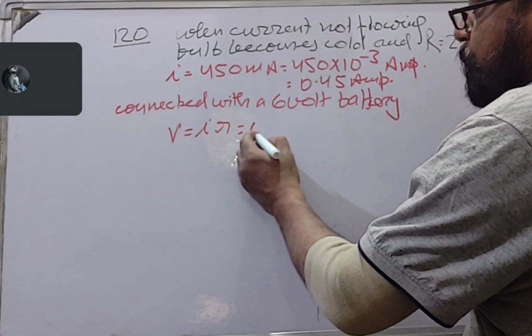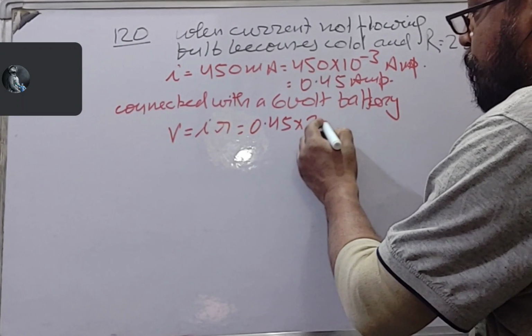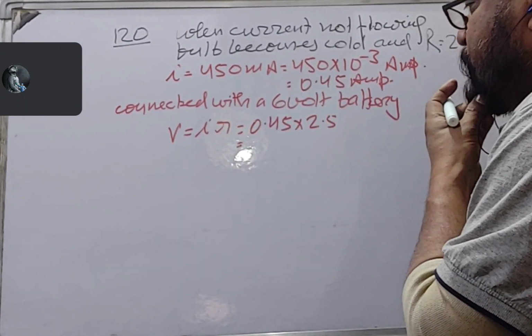So if 0.45 ampere is the current and resistance is 2.5, then the potential difference is